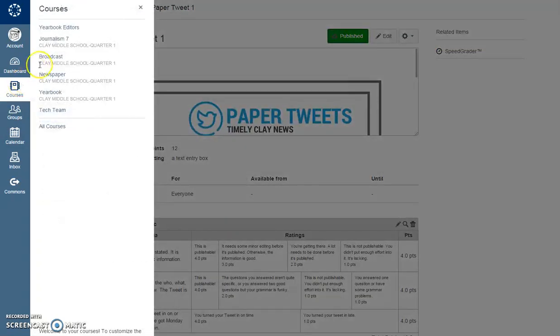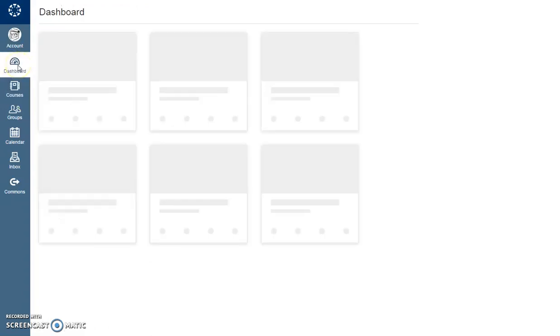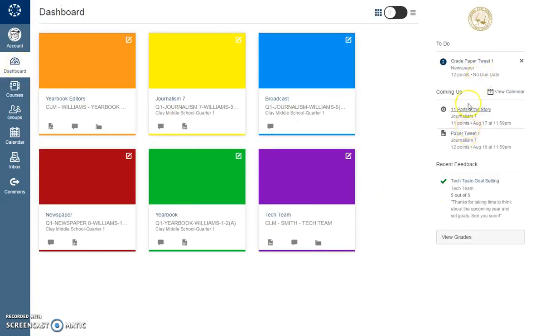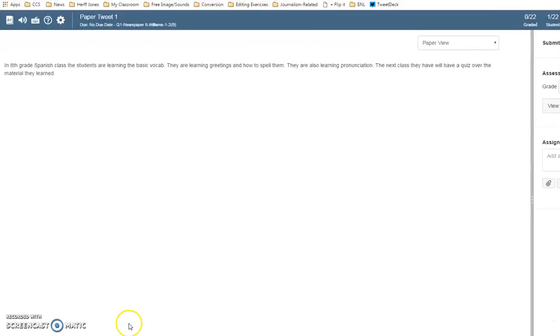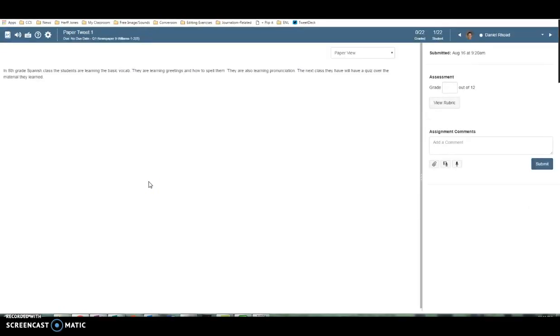The other way to get to assignments is just to go back to my dashboard and go to my newspaper class, click paper tweet, and it's going to automatically take me to the SPEEDGRADER. And the way SPEEDGRADER works is you've got some icons up here which are different than what I used